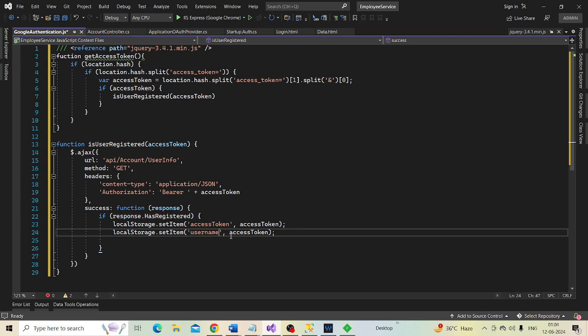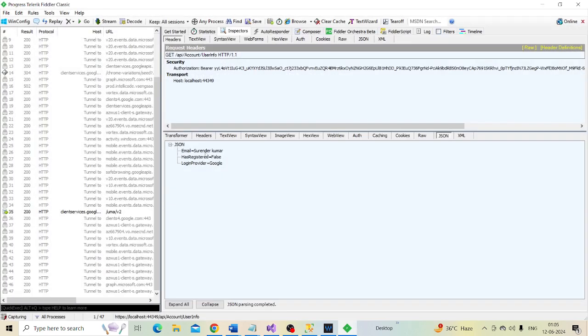We get the username from the response object, using the email property. So let's use the response object email property, and then finally we want to redirect the user.